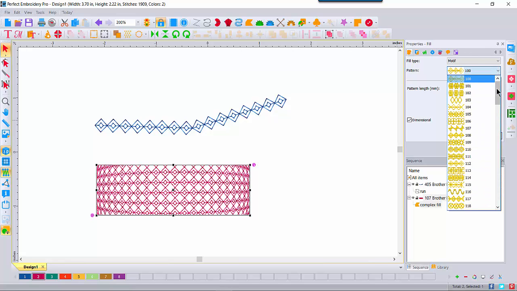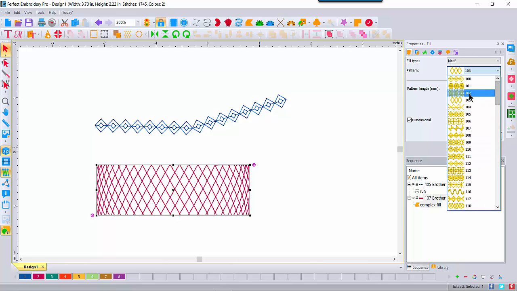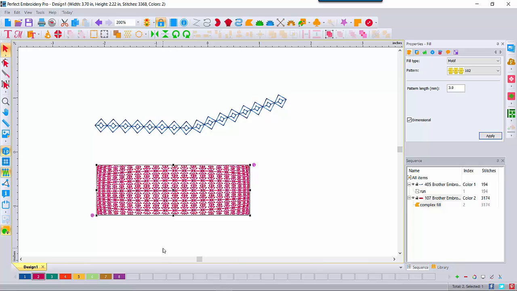There are 99 built-in motifs, and as we scroll down we see many of them. Down towards the bottom you also see a series of bean stitches as well as candle wicking. These were added in a recent update 9.04. We have some motifs that are plain, such as our 103, and then we have some that are very intricate. If we go back to 102, again we can play with the size,